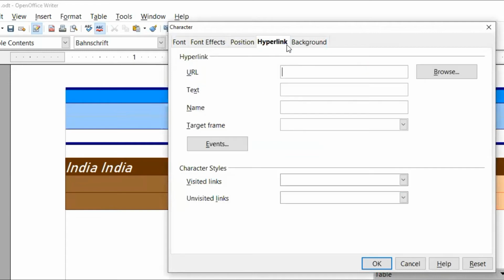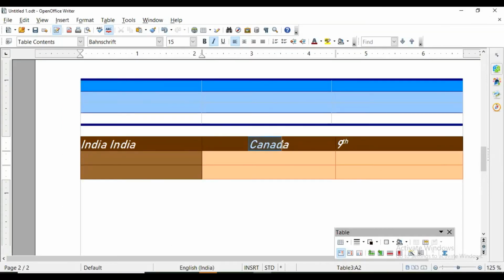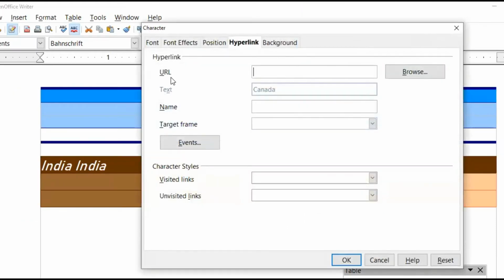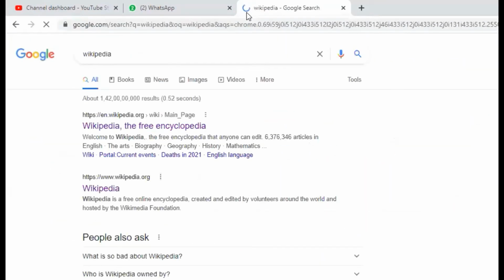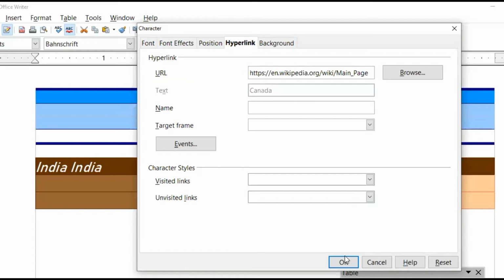Same way, hyperlink is there. You can select the text and give it a hyperlink. For example, I'm selecting this. Character, hyperlink. Then whichever file you want to link with this text, you can type any website. You can link any website. For example, I'm copying this, and then here I am pasting this, and then I am clicking OK.